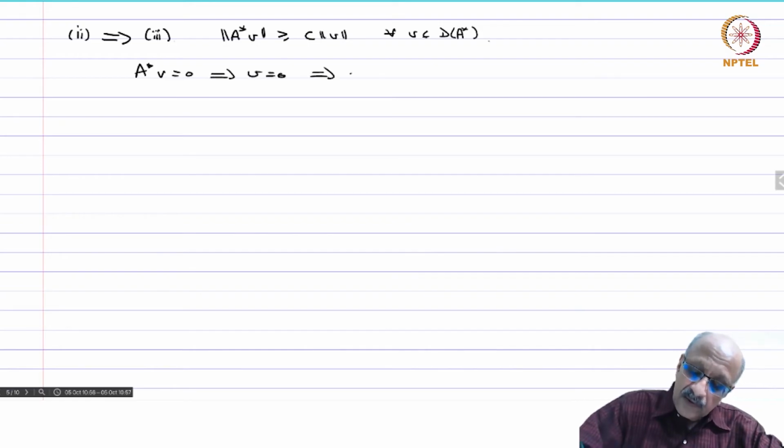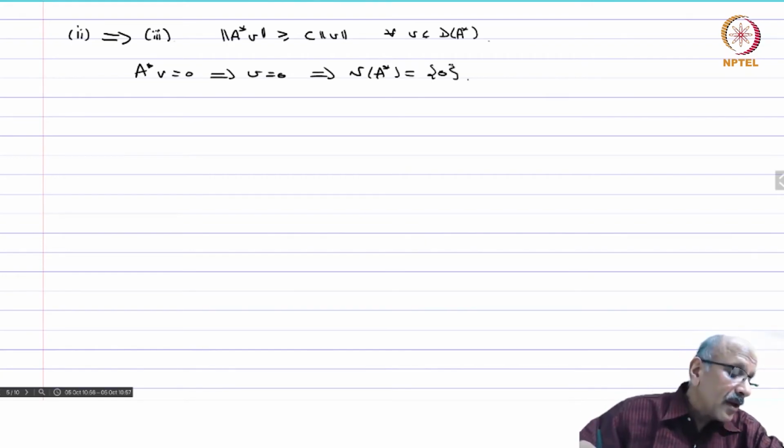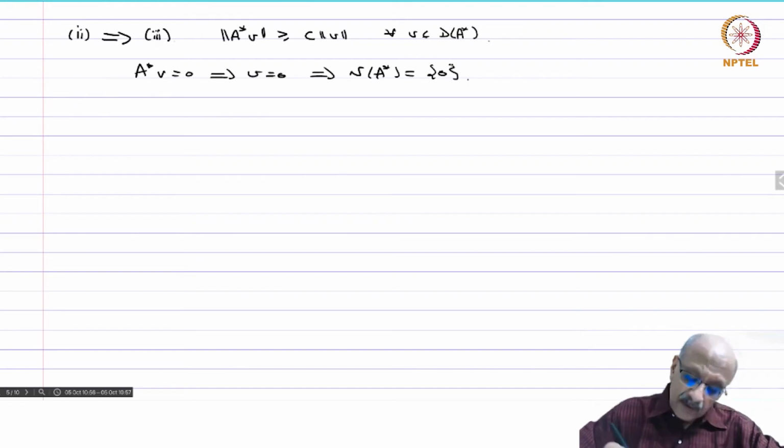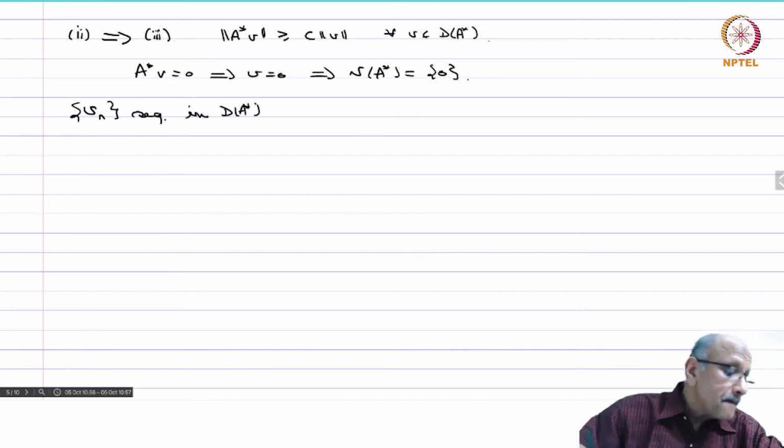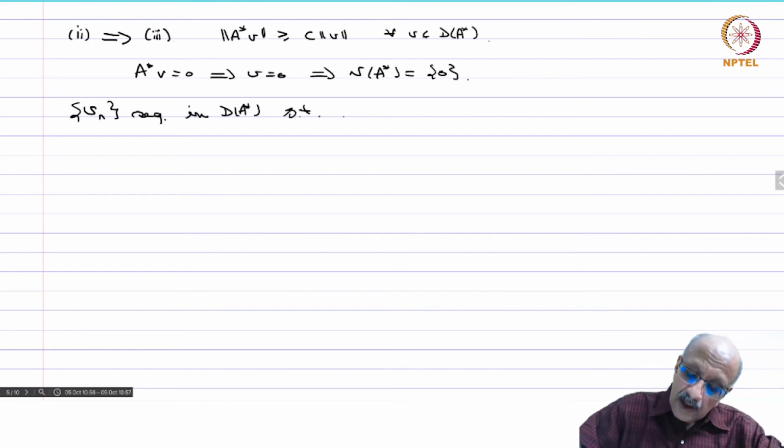So this implies that null space of A star is the singleton 0. Okay, and then let us take a sequence Vn in D(A star) such that